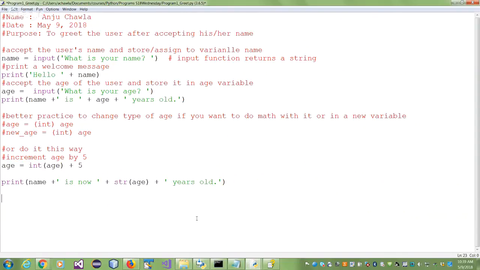The printing is only done once at the end. We'll convert it into a string when everything is done. If age was being used over and over again as a number, I would convert it and put it in age itself, not even create a new variable if I didn't want to. Put it in a new variable or the same variable, do the math with it, whatever you wanted. At the end, if I wanted to print it, I would just convert it into a string and put it back. So here, remember to convert it back into a string.